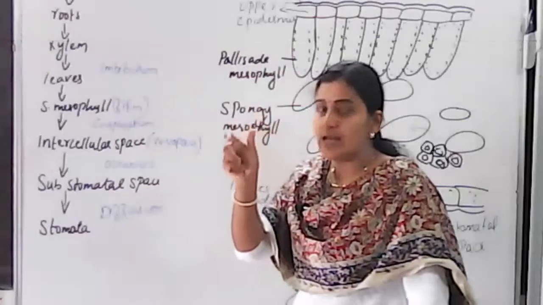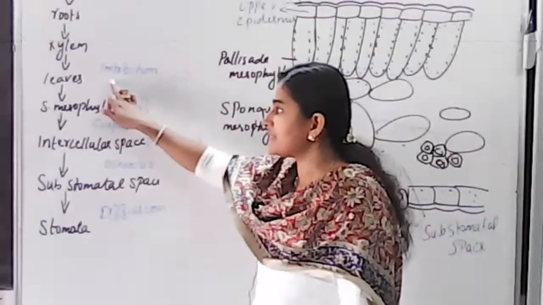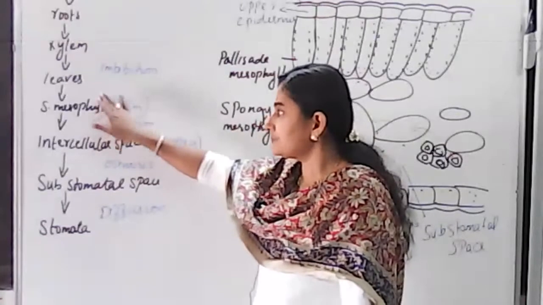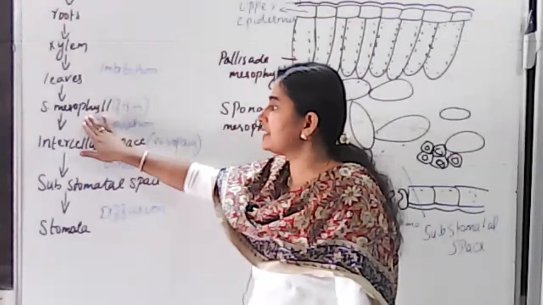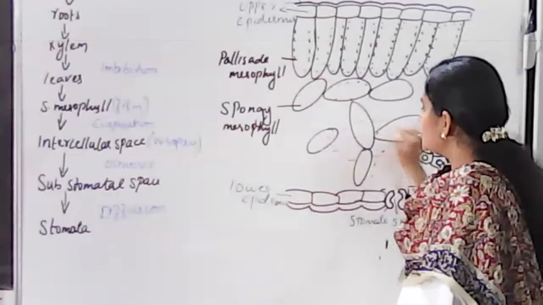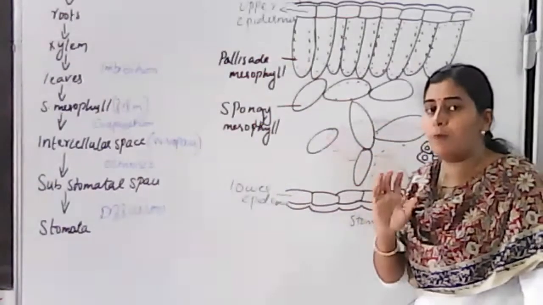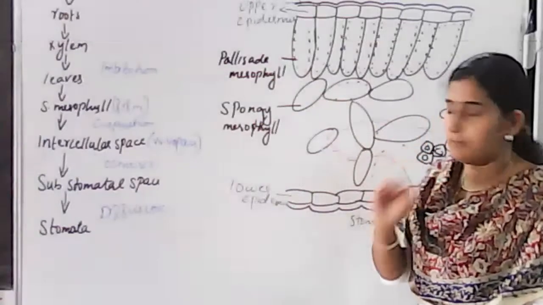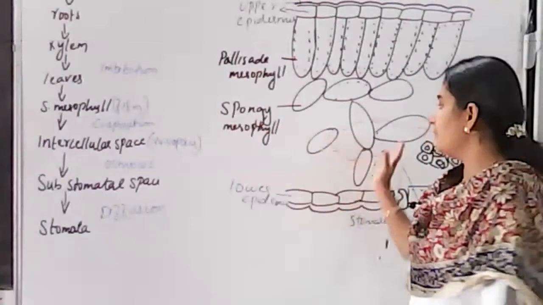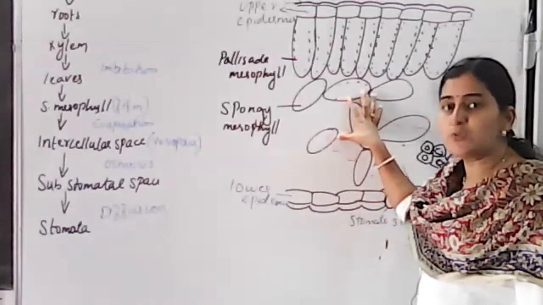So that cell to cell osmosis or imbibition is responsible for carrying water from xylem towards the leaves. After that, in leaves, when it reaches the spongy mesophyll cell, here in this part, you can see that water will be in the form of a film. It is not in the form of water vapor, it's in film form, where the water is utilized by these mesophyll cells for the process of photosynthesis.